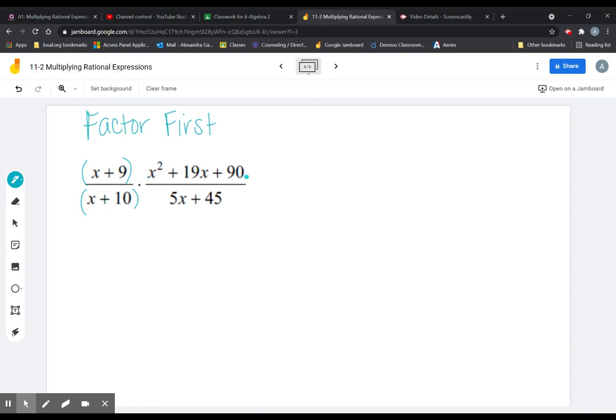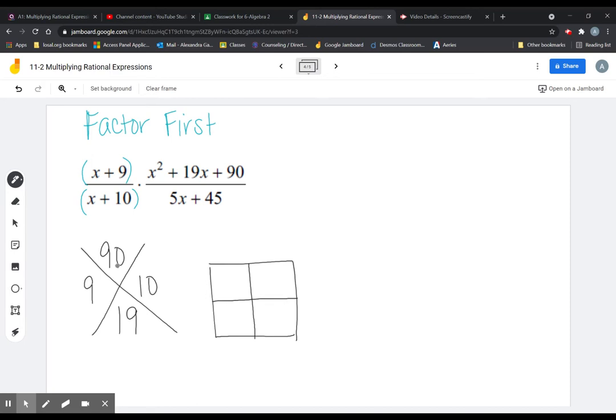But then I look at x squared plus 19x plus 90. Definitely looks factorable. I gotta think, okay, do I have a GCF? No, but I have 3 terms, so that means the x box. So I'm looking for factors of 90 that add up to 19. So numbers that multiply to 90 that add up to 19. Right off the top of my head, it's 9 and 10. And then I go to the box,